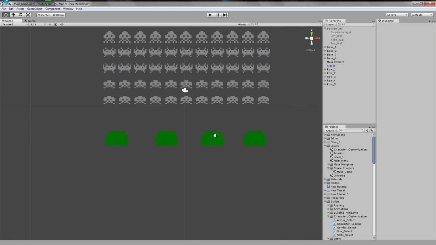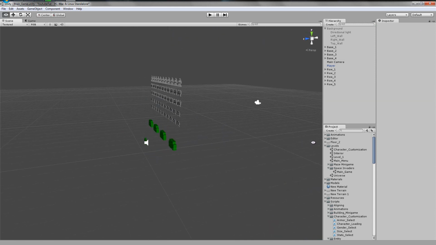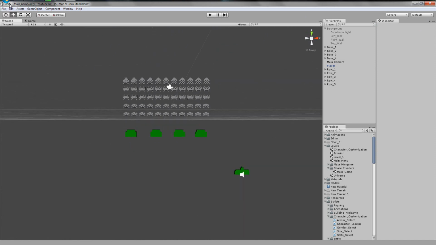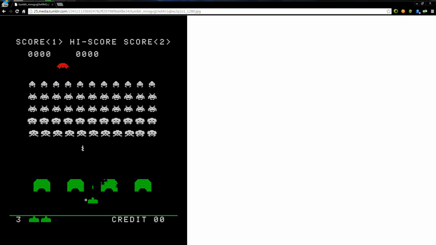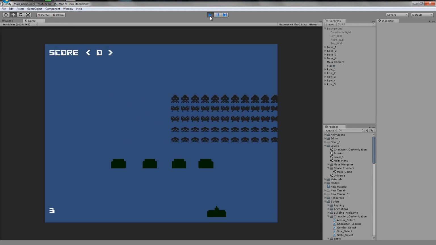So you could sit playing with the numbers over and over and over again until you get it right, but I think that's good enough for now. So we've got bases, they won't be able to shoot us if we're under that base. But what we have got to make sure is, if you look at this, if the character's under it, he's got to be protected from all angles. So if we play and just hide under it, hopefully